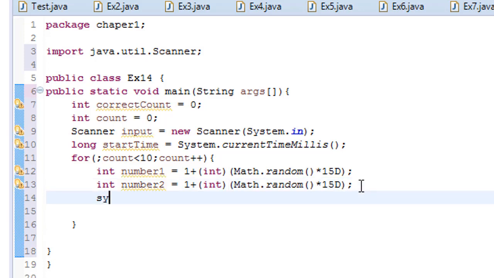Now let's print something. System.out. I would like to keep it as a print, and in here I normally like to use StringBuilder. I don't use the simple concatenate plus sign. I like to use it because I'm used to it, so I'm going to use new String